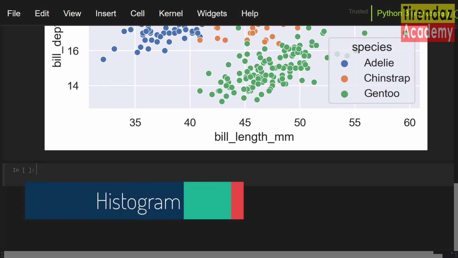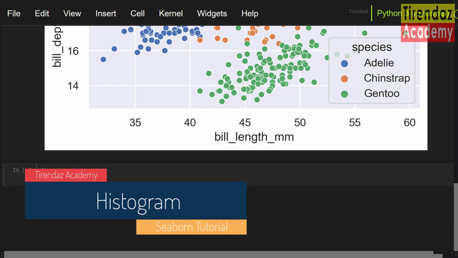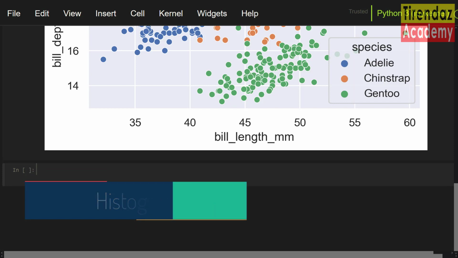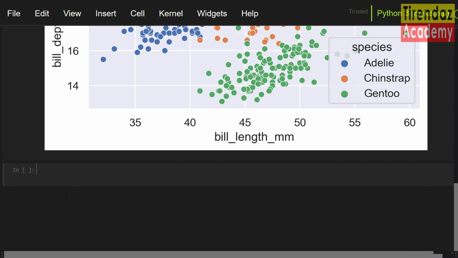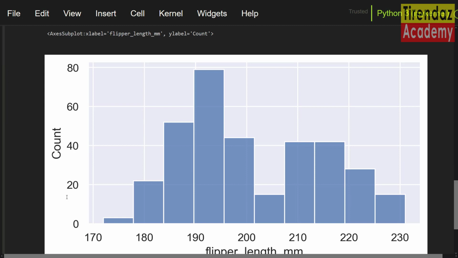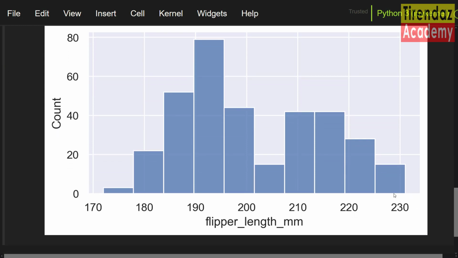The second type of plot I'm gonna show is a histogram plot. The histogram plot shows the distribution of the data. You can use the histogram plot to see the distribution of one or more variables. Now, let's see the histogram of the flipper length using the histplot function. sns.histplot(x=flipper_length_mm, data=data). Here you go. From the plot, you can see the distribution of the flipper length. Remember, the histogram calculates the number of observations that fall within the intervals.